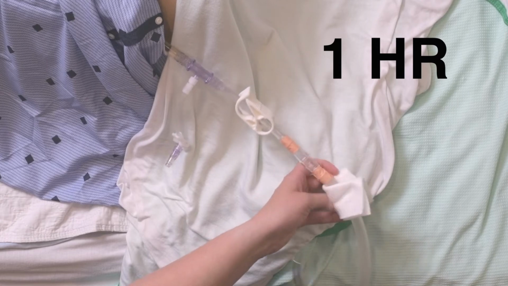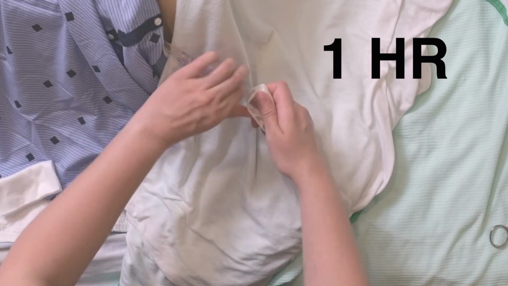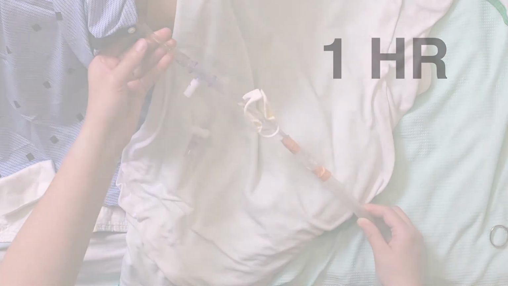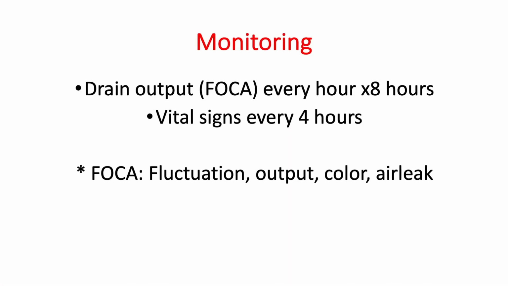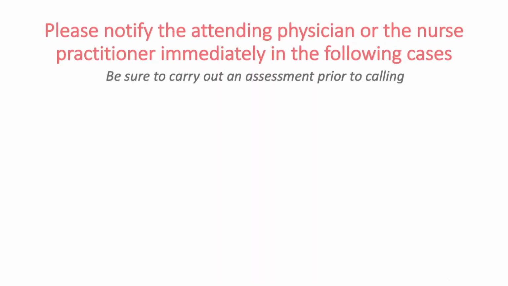After 1 hour, remove the hemostatic clamp from the chest tube and unclamp the thalquick chest tube adapter. Place the drainage system under wall suction as prescribed. The following monitoring is required after the administration of alteplase and dornase: evaluation of the drain output using the FOCA acronym every hour for 8 hours, and check the vital signs every 4 hours. Please notify the attending physician or the nurse practitioner immediately in the following cases. Be sure to carry out an assessment prior to calling: